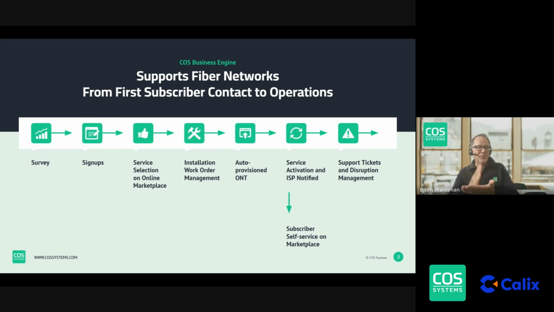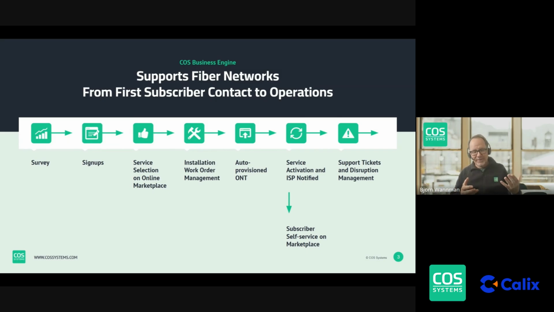And as soon as the ONT is installed, it's auto provisioning. So everything will go live. The subscriber that we install the ONT for will now get the service instantly. And from this, you have a big system where the subscriber can use My Pages, etc. The operator has a big backend system where we aggregate everything. So we can deploy,